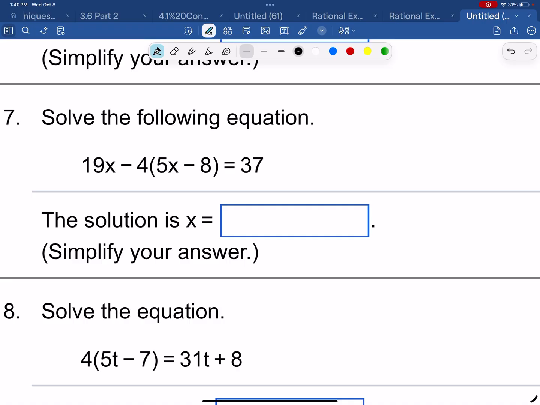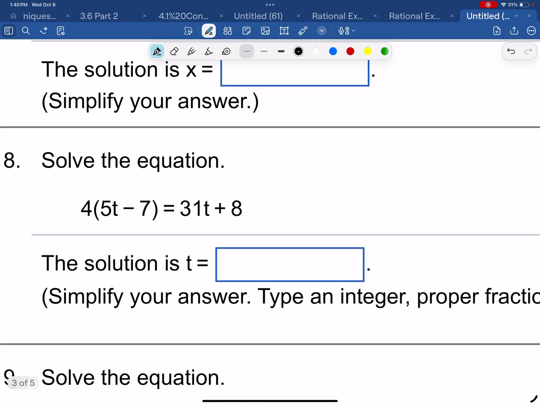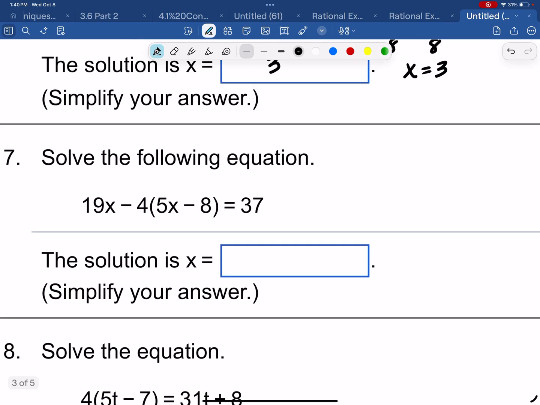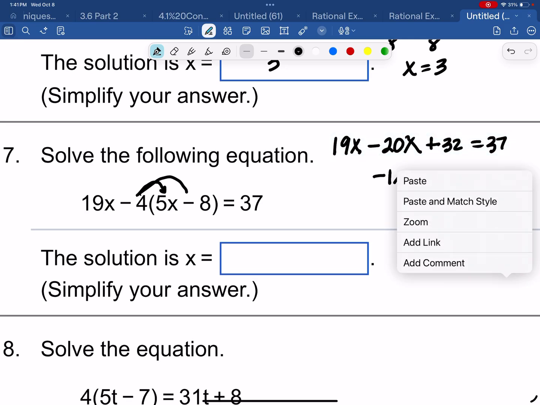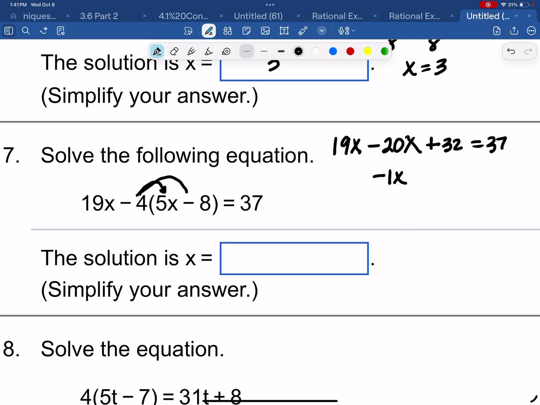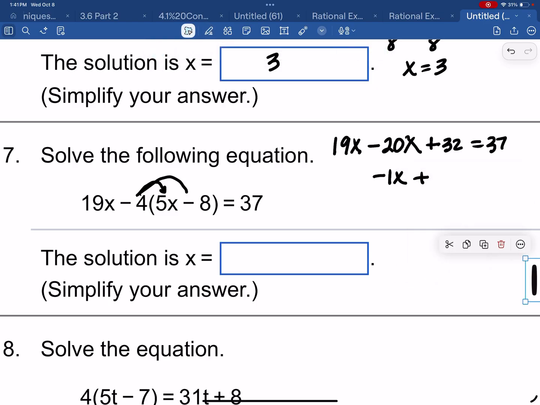Number 7, solve the following equation. 19x minus 4, parentheses 5x minus 8 equals 37. That's going to give me 19x minus 20x, because I have a negative and a positive, plus 32, because I have a negative and a negative, equals 37. So 19 minus 20 is negative 1x, and you don't have to write the 1, but I like to, plus 32